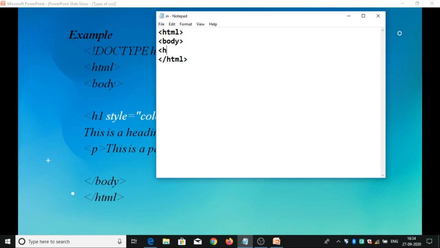The element is h1 and the attribute is style, color blue, margin left 30 pixels, and the content of this h1 is a heading.